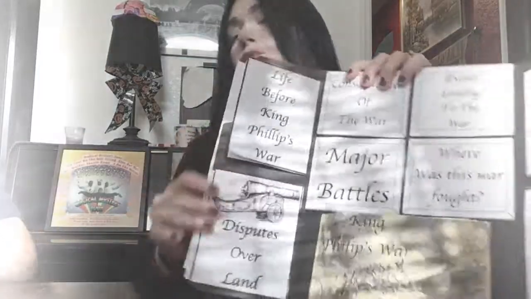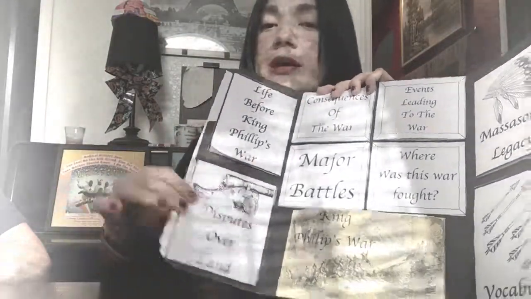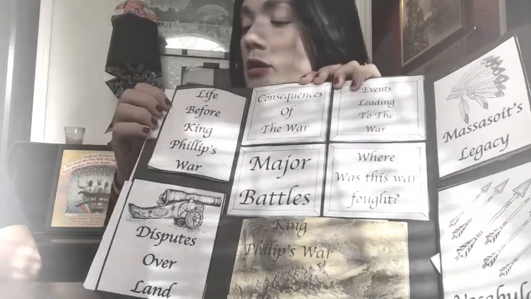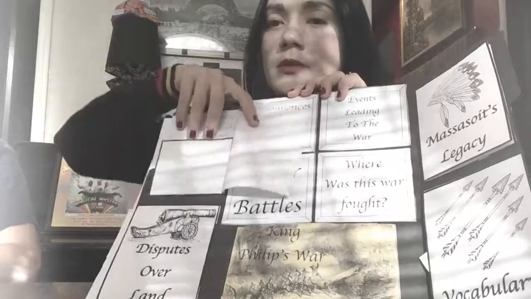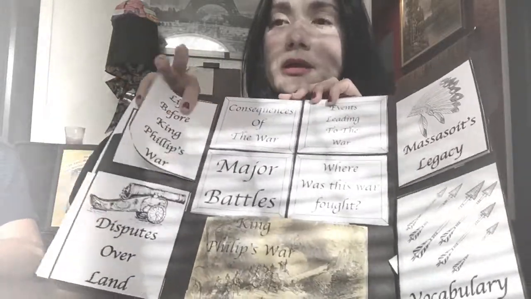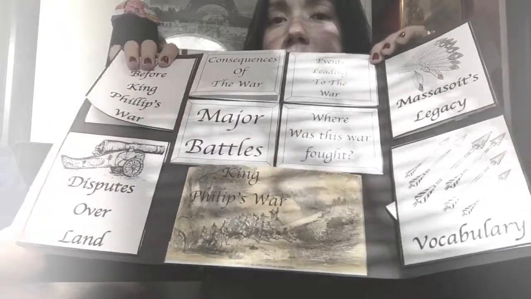And for example, this here will be another pocket to the side. Let me take that out so I can show you. And in here is an open booklet where my student wrote some of the things he learned about disputes over the land. Okay, life before the war. Then it flips down. There's a lot of room for writing,